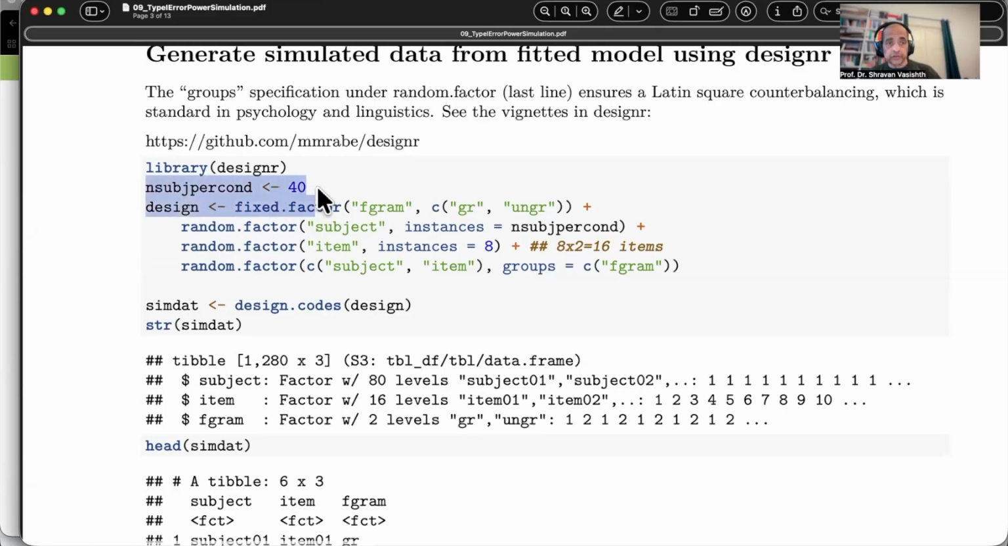So don't be confused about this. If you write the wrong number here, if you think that this is the total number of subjects, then things will get messed up for you, okay? This is the number of subjects per condition, and I even said that here. So don't mistake this. So in the designR package, there's a function called fix.factor, which allows you to define the fixed factors